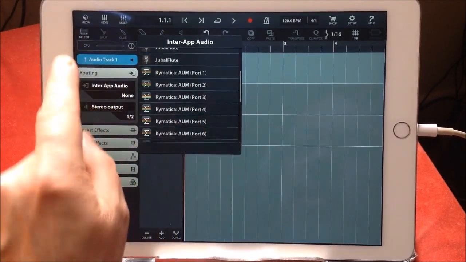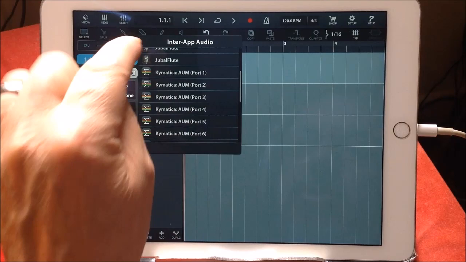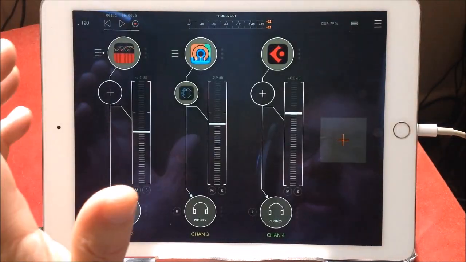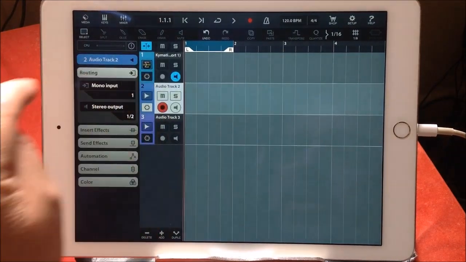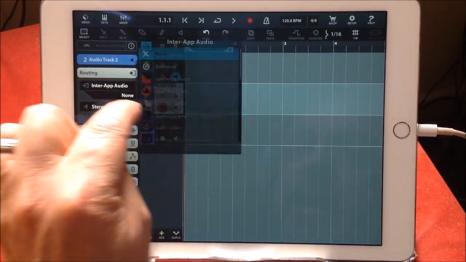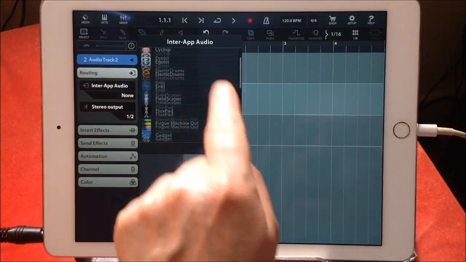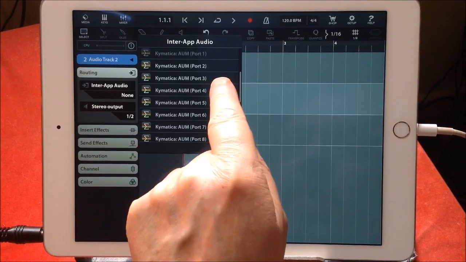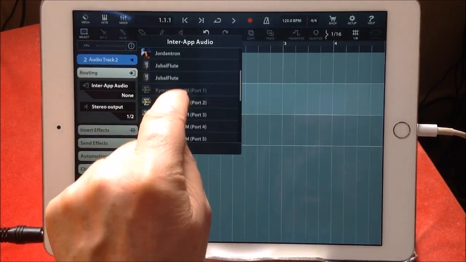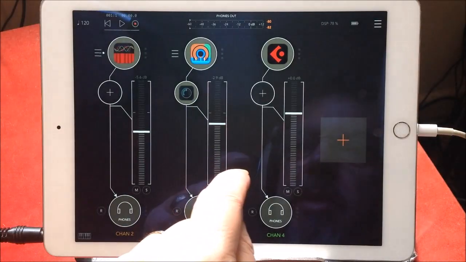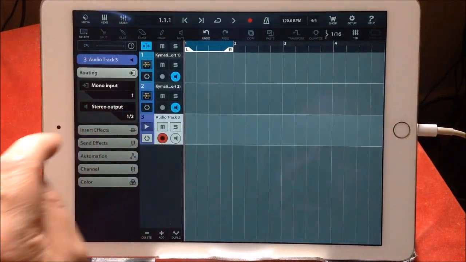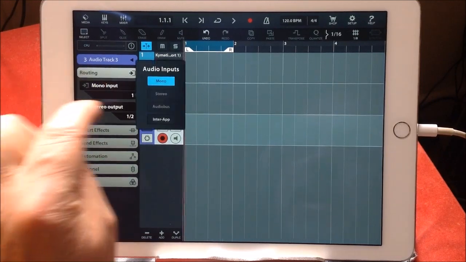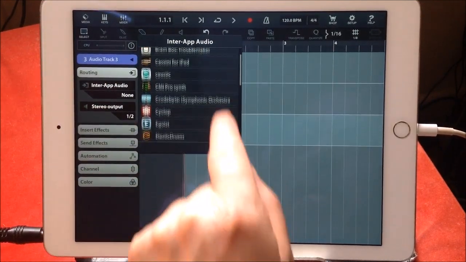So for audio track 1, I want to use port 1. Okay, then I want to go back here, choose number 2, and you're probably with me here, find AUM and choose port 2,